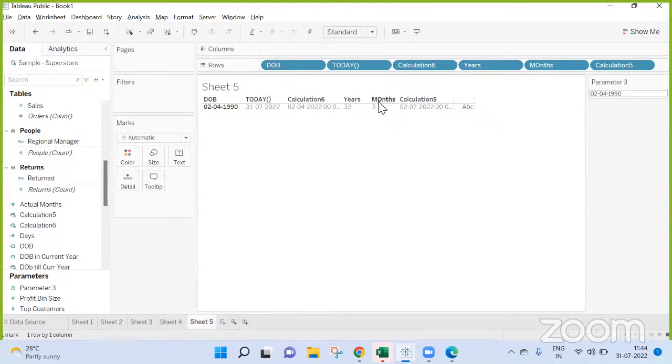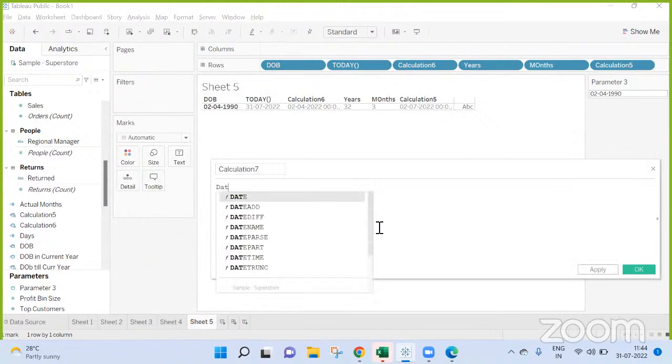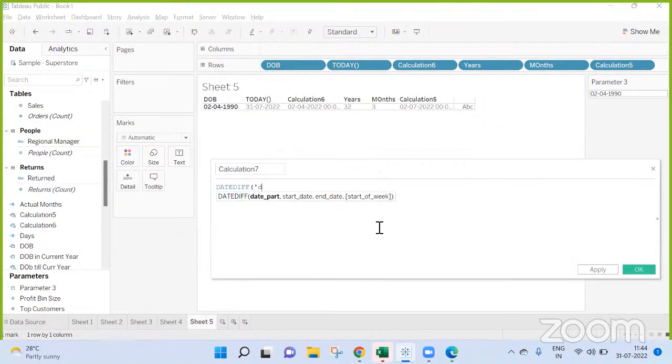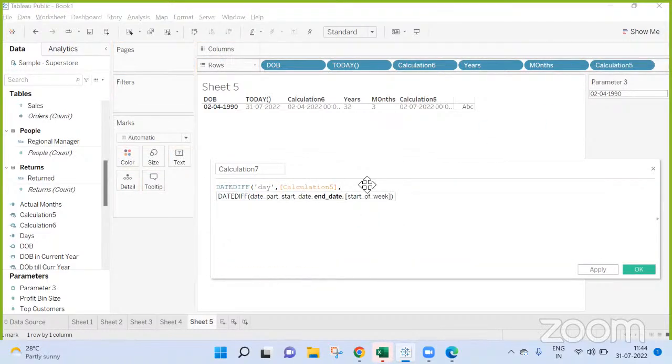Now we need to calculate the days level, right? Now I'll take date diff between these two. I'll get this. Okay, got it, right? Date diff of day, comma. First one is this one, right? I'm taking this, comma. But we need to check whether this will stand for all of them or not.